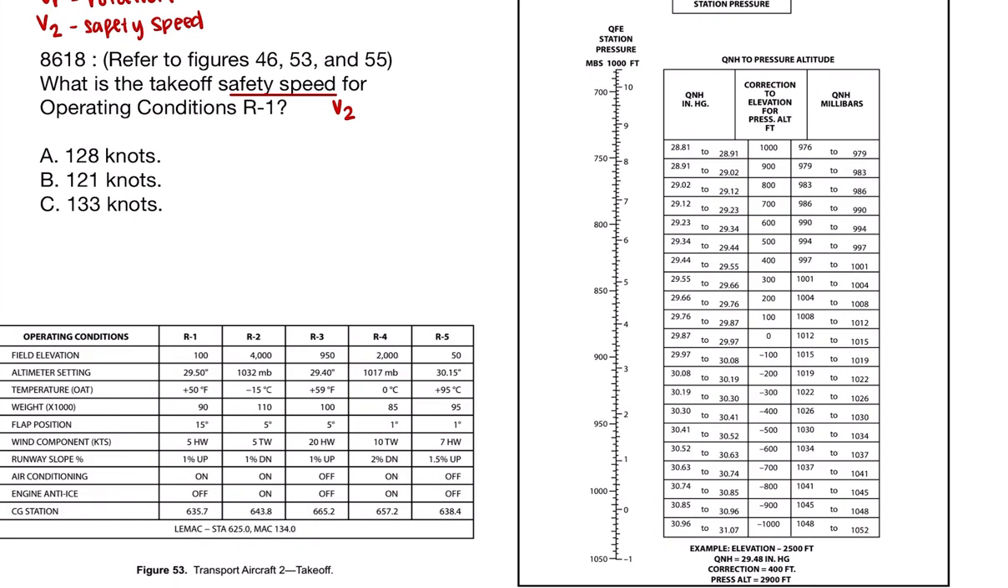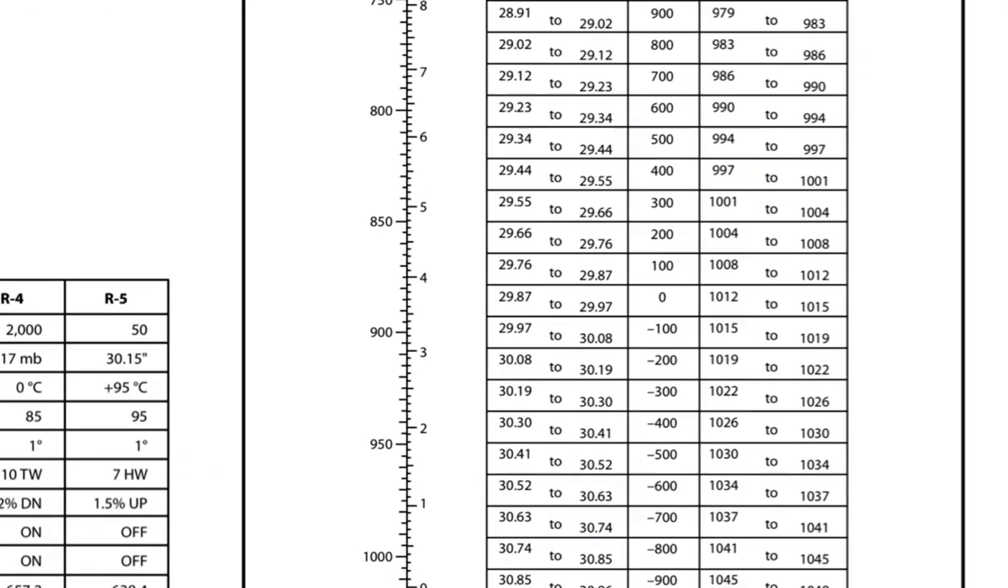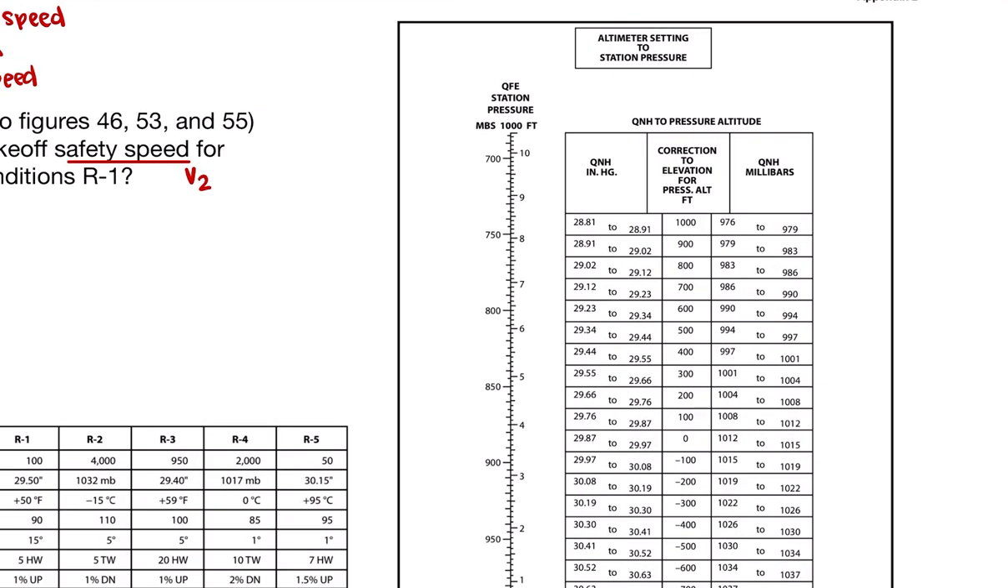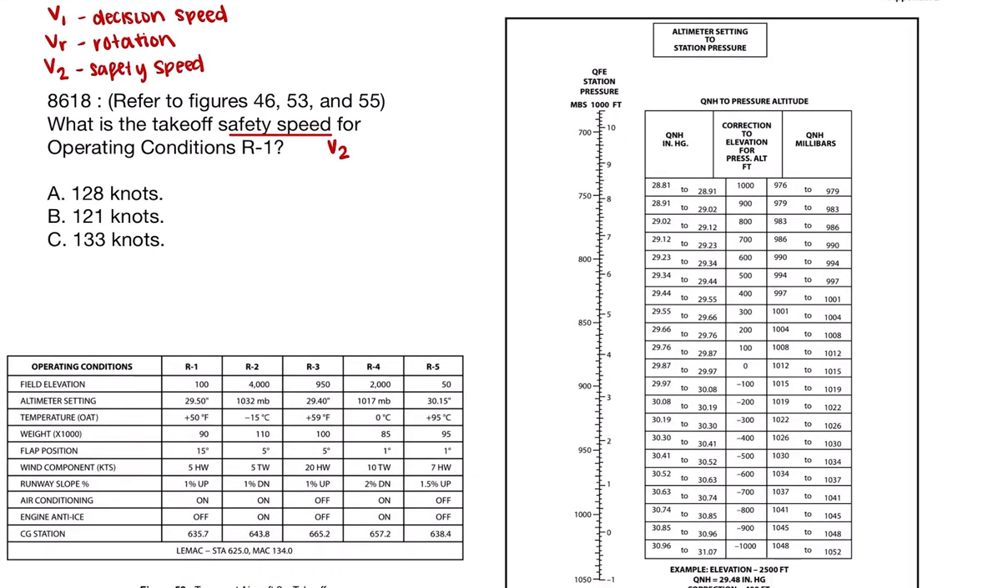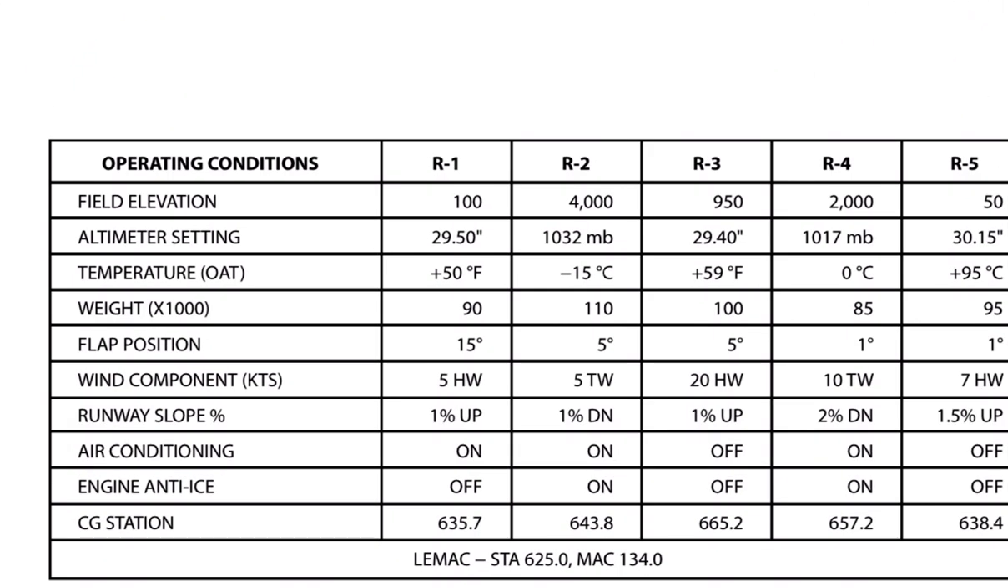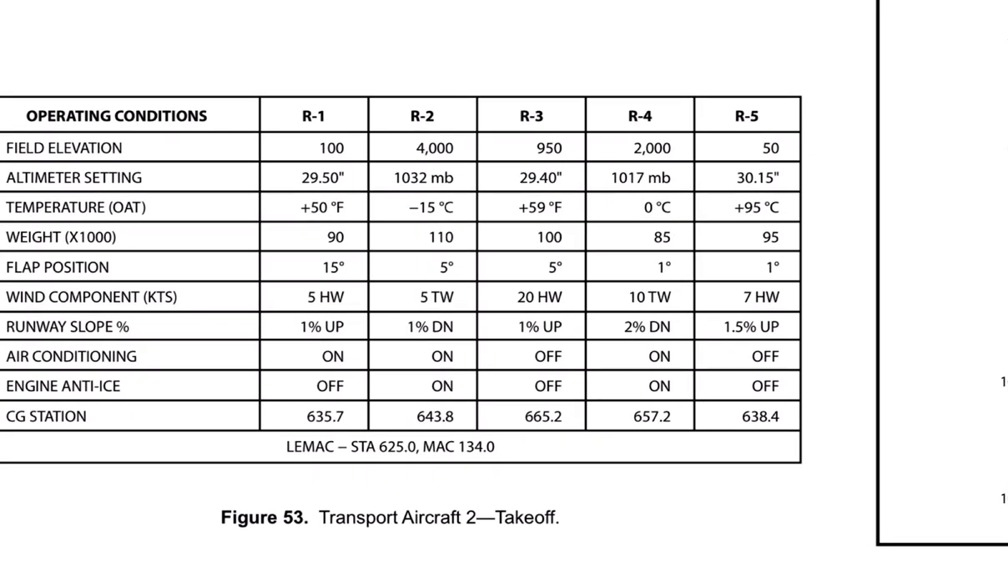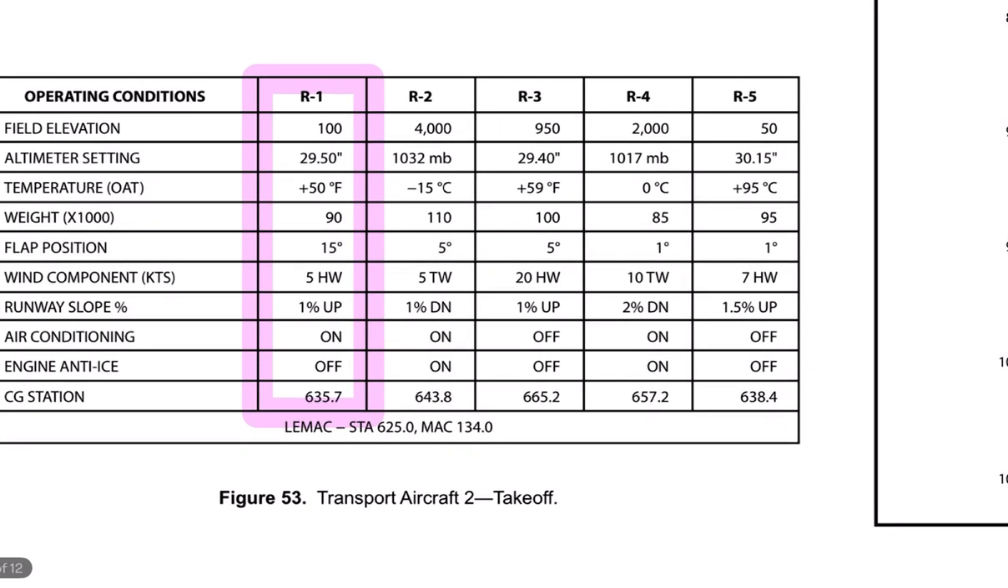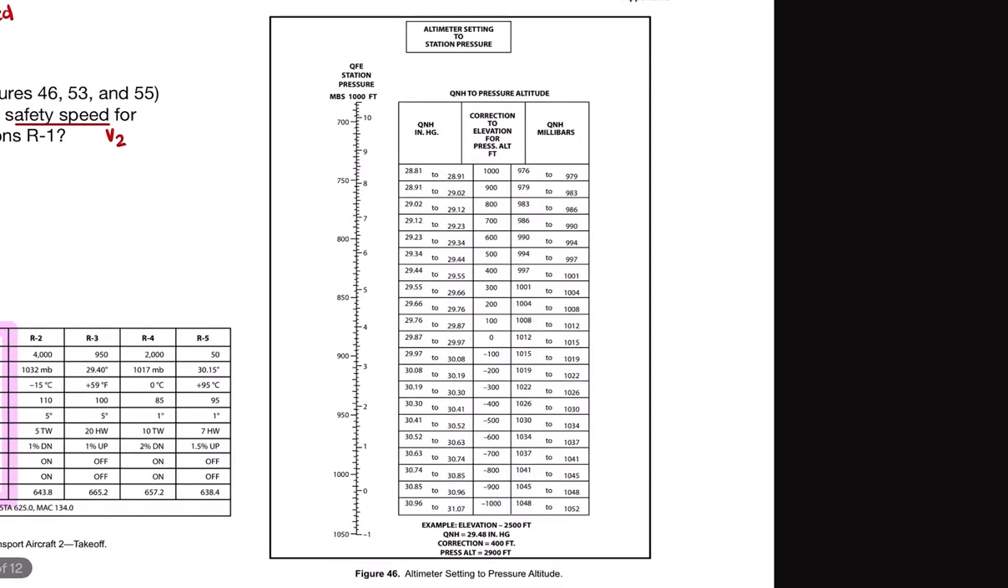Now that we know that, we can take a look at figure 46. Right now, this doesn't mean much to us. We have to figure out how we use this chart. Then we're going to look over here at the operating conditions. I would go ahead and highlight anything that I'm using for these. I also recommend for these kinds of questions, when you have a lot of figures that you need to look at, take a scratch piece of paper and write down the operating conditions for R1 or R2 or whichever one you're using. So I have my operating conditions there, and now I'm going to look at my final chart, which